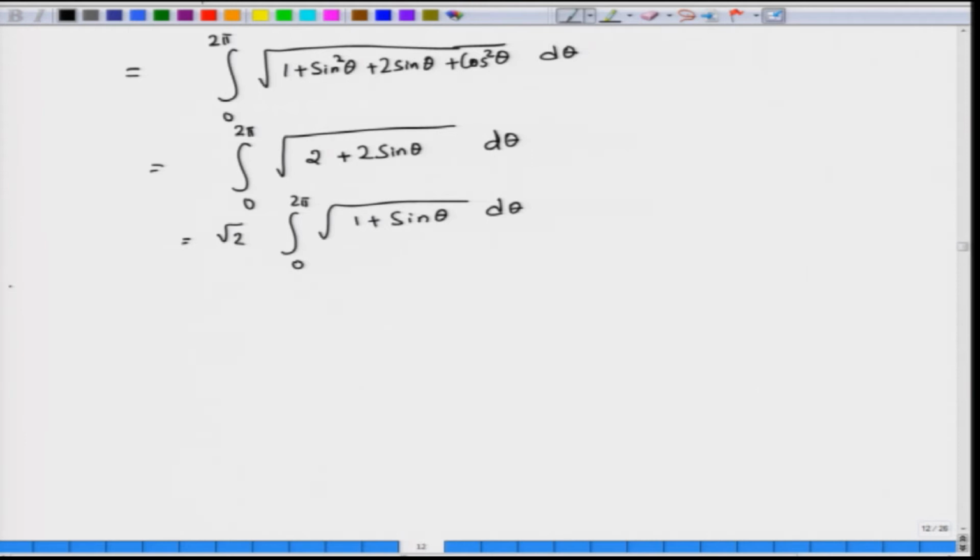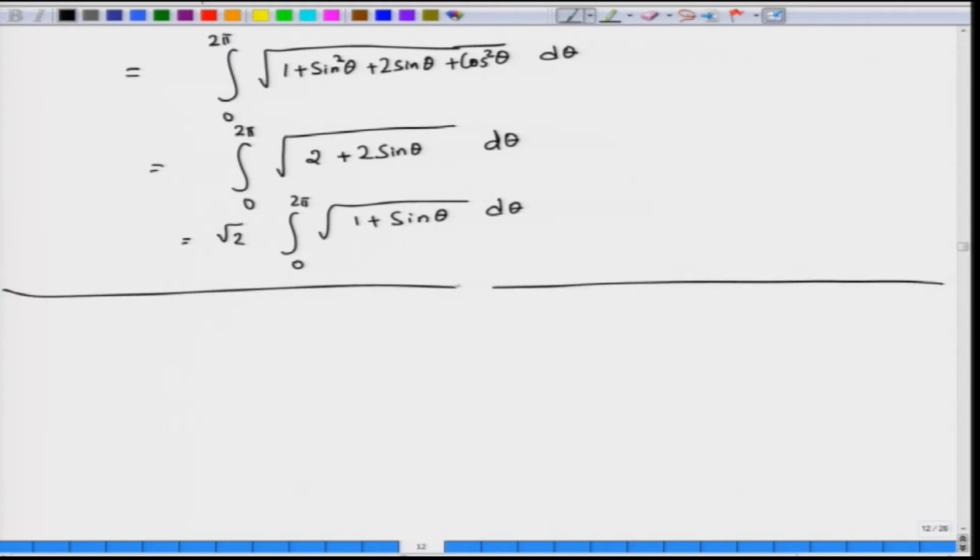Not necessarily that for every curve we are going to get the arc length like this. Whenever we can find the arc length, we say that this is a rectifiable curve, and in our case, for our own benefit, we have assumed that f prime is continuous. We can relax this condition a bit, but we are not going to discuss that issue here. Now, let us move into another application of Riemann integration.